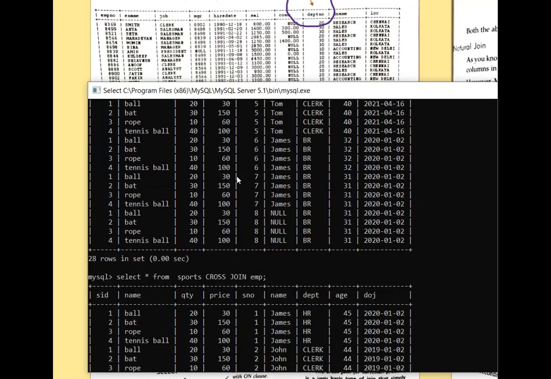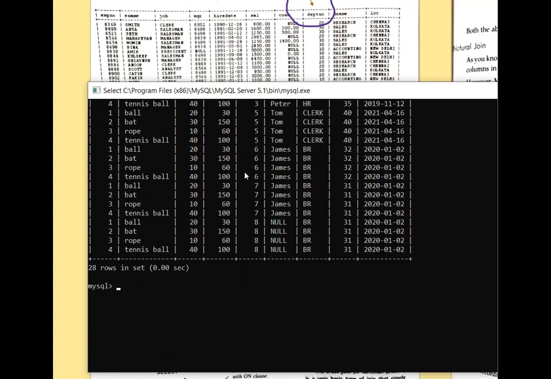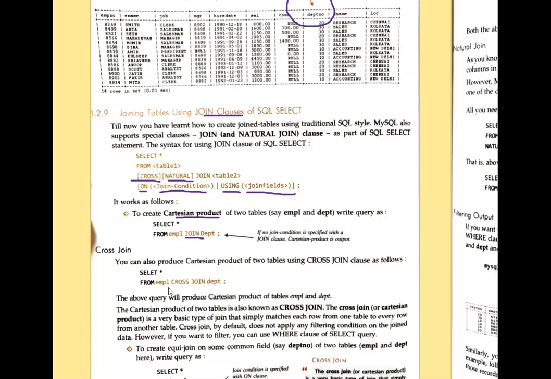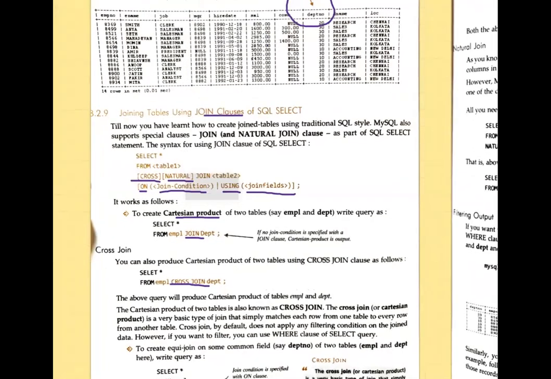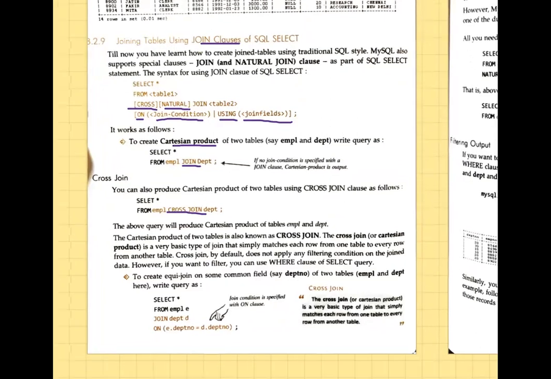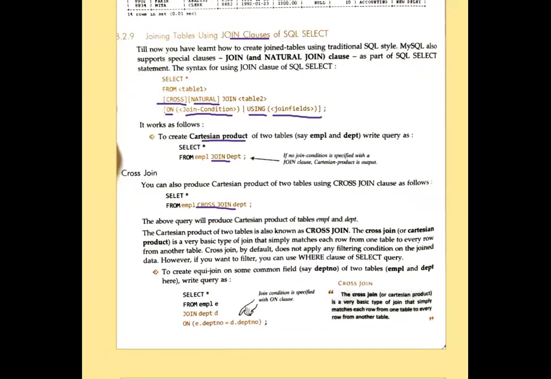Now see, so anyone we can write. Fine, first of all what you have to understand, that any one thing we can write. Even over here also you can see that we can write cross join. Okay, now one more thing is given over here, suppose I'm taking this one now. Now see what you have to understand in this case.